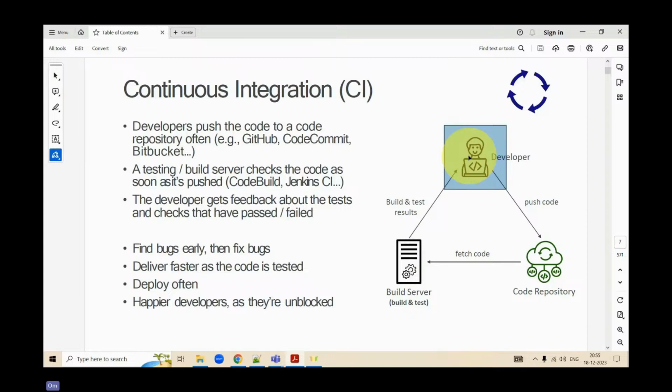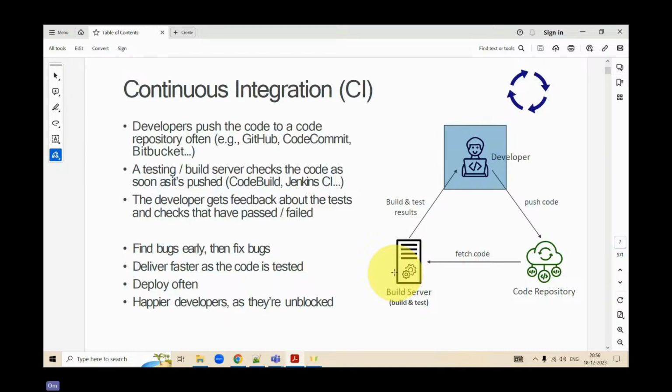Now, every time I'm enhancing that code, this repository and this build server are taking 100% control over the code base. They are also taking care of the code and checking in the background whether an error may have arisen or not.